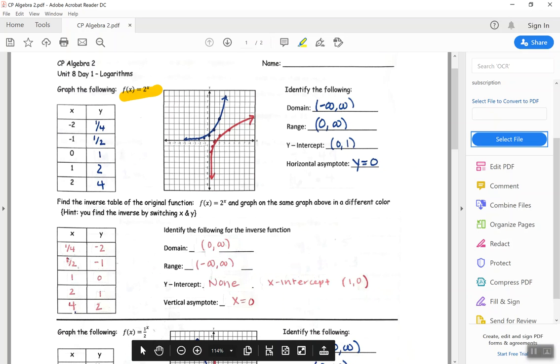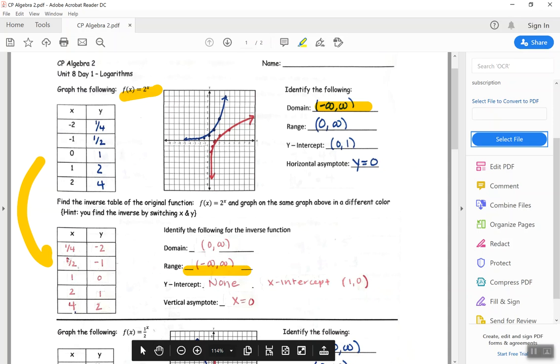So now when we found the inverse, meaning we just switched x and y, all we did was take this table and flip it over here and make all of the x's y's and all the y's x's. What you should also notice is that it also flipped your domain. So my domain is negative infinity to infinity here, but now that's become the range here. And the same thing for the range became the domain. That's important to note because as we start to solve and evaluate logarithms, we're going to notice that this domain being 0 to infinity is going to affect a lot of the problems that we solve